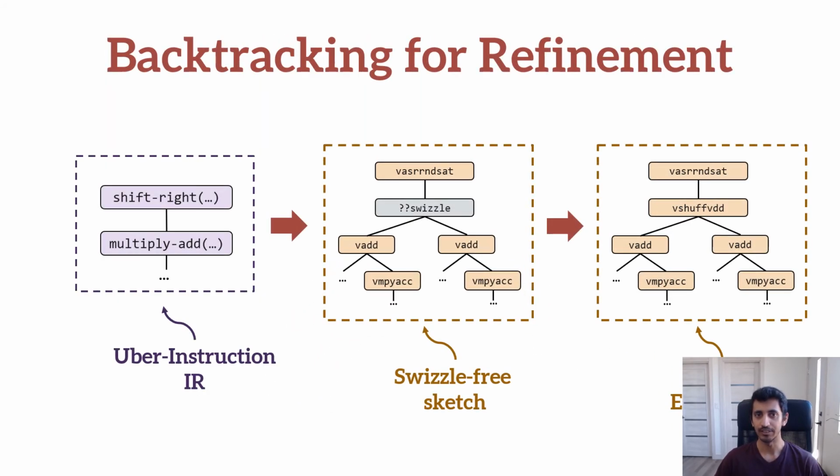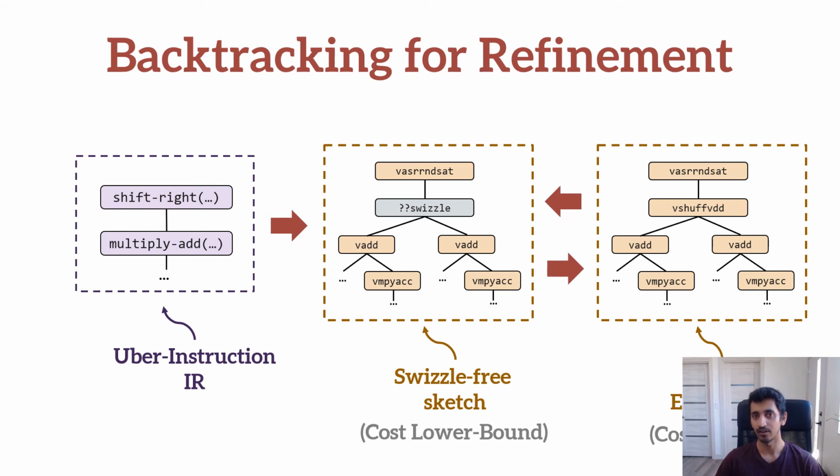One challenge of this decoupled approach is that when synthesizing the swizzle-free sketches, we can only generate the cost lower bound, which is essentially the cost of the compute intrinsics, as we do not yet know what the cost of the necessary swizzles will be. The sketch with the smallest cost lower bound may not necessarily yield the implementation with the lowest final cost.